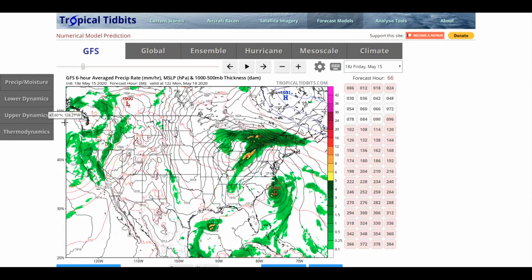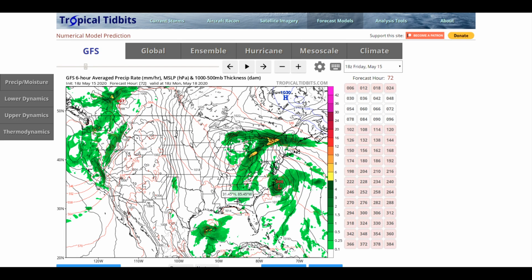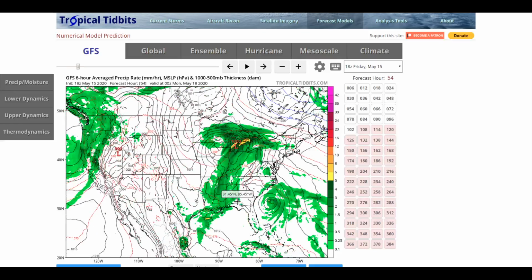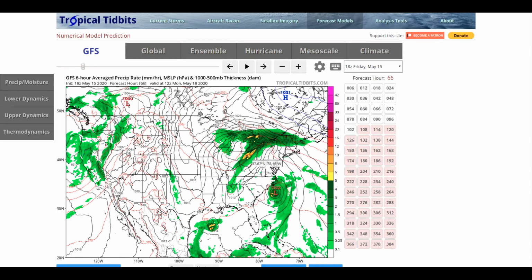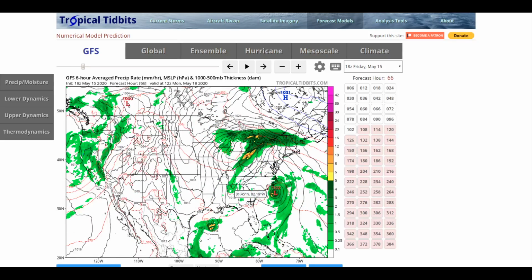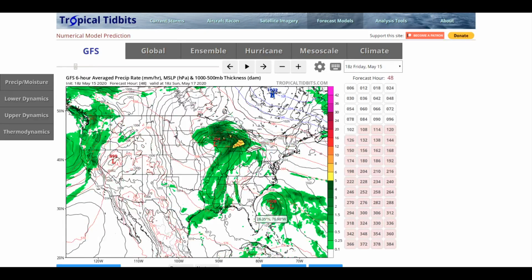Precipitation, you can see this storm approaches very close to the Outer Banks near Wilmington and Cape Hatteras up here. You can see how close it gets, and so could be some rough weather in the coastal parts of North Carolina. And the reason this is happening is because there's more of a blocking feature with the high that's in the mid-levels here that takes longer to get out due to this trough that's here that is going to pick the system up and put it out to the east. But until that happens, there's not going to be a whole lot really stopping this from moving just kind of straight north, because it'll be drifting along the outer edges of this